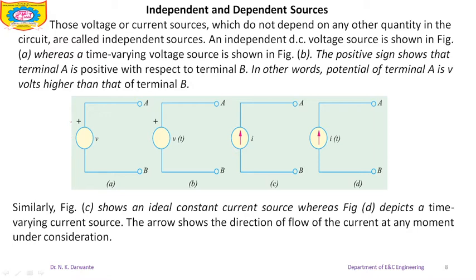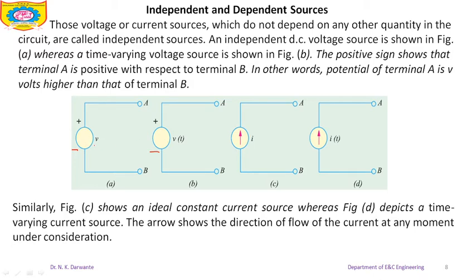Now here you can see that this is the voltage source. Here you may show the negative sign also, or by default if the positive sign is on the upper side, the negative sign will be on the bottom side. Here point A is at higher potential and B is at lower potential. This is independent, means this does not depend upon any other quantity. And let me clarify that independent voltage sources are shown with a circle. This circle symbol is for the independent voltage source.